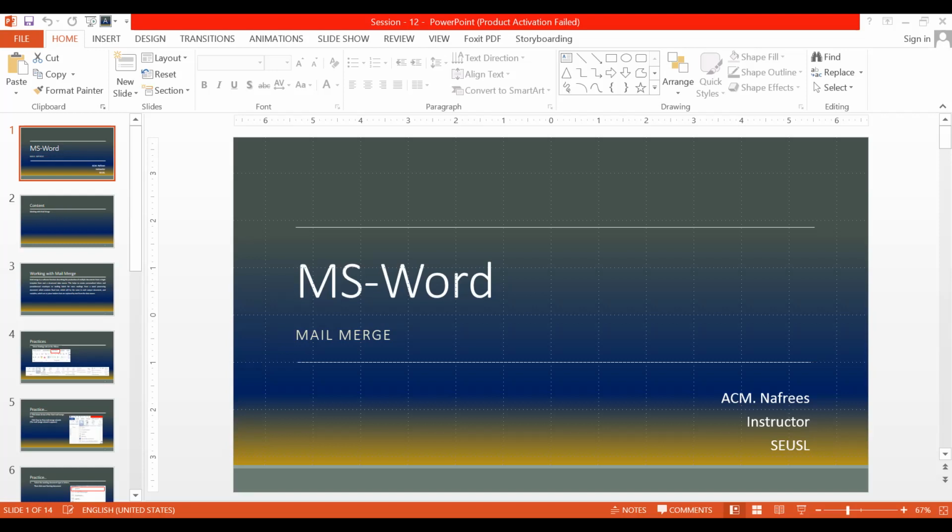Your answer is partially correct. I need the exact answer. Any others? Yes. The answer is finish and merge. Not just finish, you have to say finish and merge.